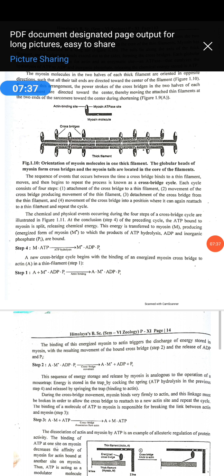After death, a fresh supply of ATP to muscles becomes impossible, and therefore the store of ATP is finished, and the detachment of the myosin from the actin filament cannot occur, and this results in a permanent state of contraction of the muscle. In that condition, muscles are permanently in contraction. There is no relaxation, the physiology of muscle contraction stops, and therefore the muscles are stiff after death. So here I finish my topic, students.